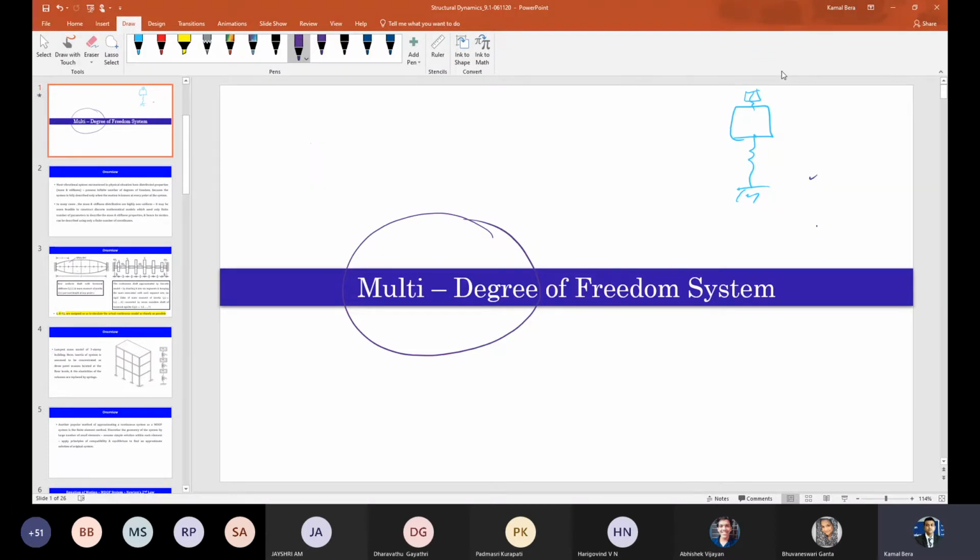That's why we idealize it, discretize it basically, lump it. Lumping means that at some particular places we assume the mass and the stiffness are there, so that we can treat the system as a finite number of multi-degree of freedom system. A multi-degree of freedom system has finite degrees of freedom, but a continuous system has infinite degrees of freedom.